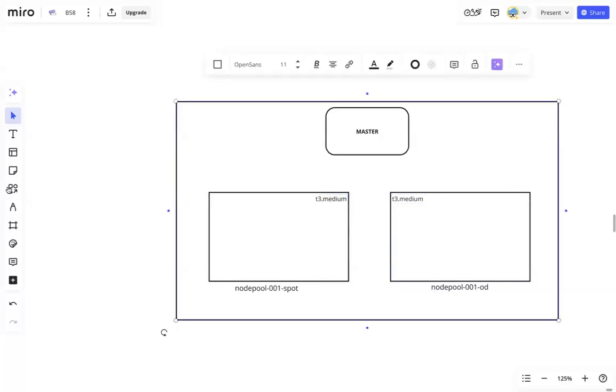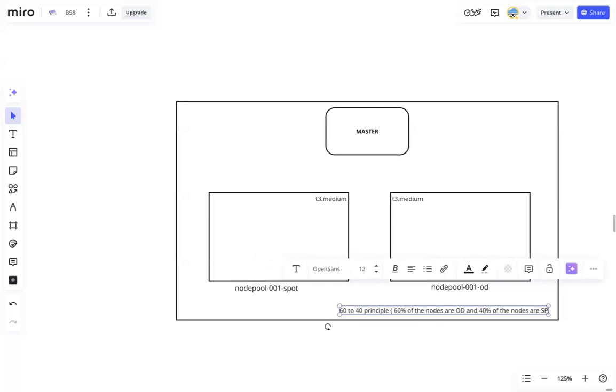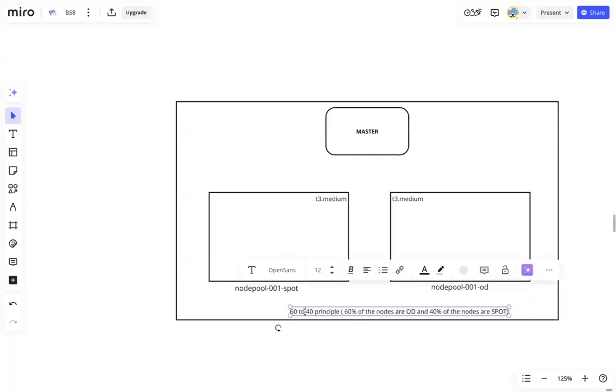Okay, done. Now what we are going to do is apply the 60-40 principle. 60% of the nodes are on demand and 40% of the nodes are spot. This way you can save cost. 60-40. This is a cost saving strategy where all the nodes that come up here